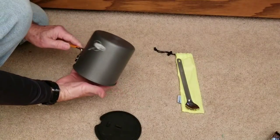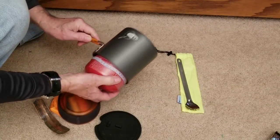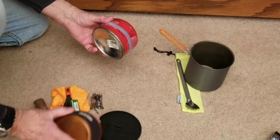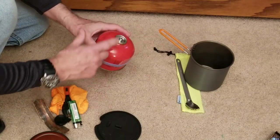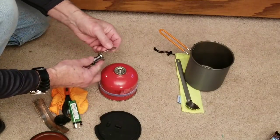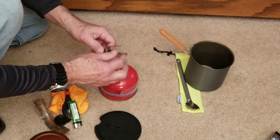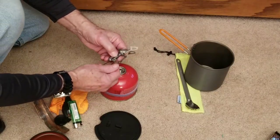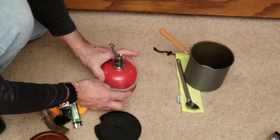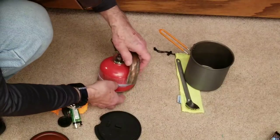And for my cook set, here's a little hack I want to show you. If you're out and it is extremely cold out, you may have a great deal of difficulty getting this thing lit. So what I have is one of these mini pocket stoves that you screw on here, and I'll just put that on lightly like that. And I have a silicone band on the bottom, and I have a piece of copper. And if you take this piece of copper